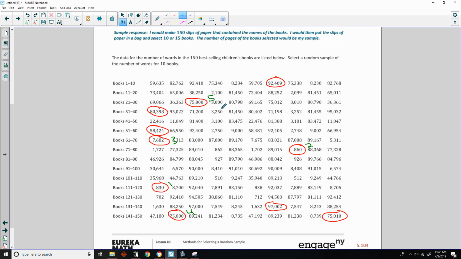And then one that's a little more than 75,000 and 10. That would be 6. No, it wouldn't. 1, 2, 3. 58 would be 4. 75 would be 5 and 6. And 75,010 would be 7. 8 would be 80,398. 9 would be the 92,000. And 10 would be the 97,000. So now I'm going to write those down in order. So 830, 860,